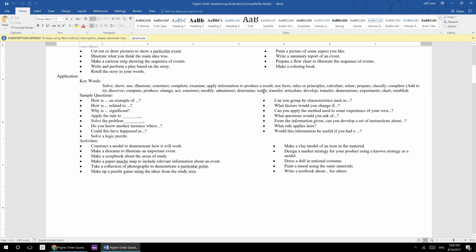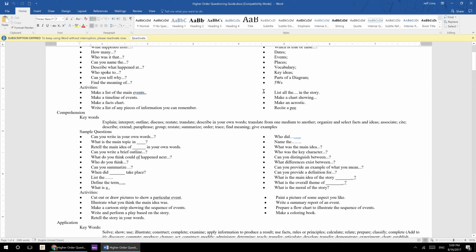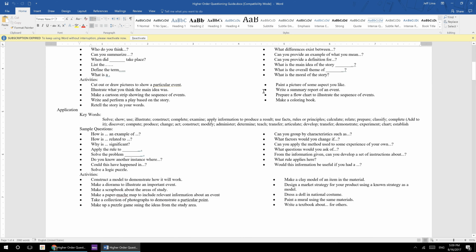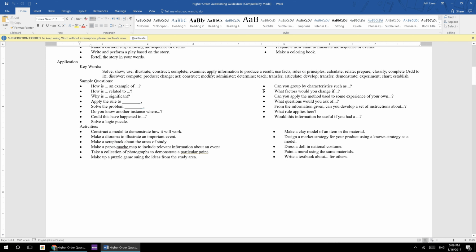So normally when I do this assignment, I tell the students they can only have one out of the 5 to 10 questions they're creating to be from the knowledge or comprehension level. All others must be from the other levels, and they must use at least one question from every level. Now application has to do with actually solving problems, using the information on something real, demonstrating, developing something, teaching it to someone else, constructing something, computing something. And here you have some simple question frames that you could use to create questions for somebody else to force them to apply the knowledge.